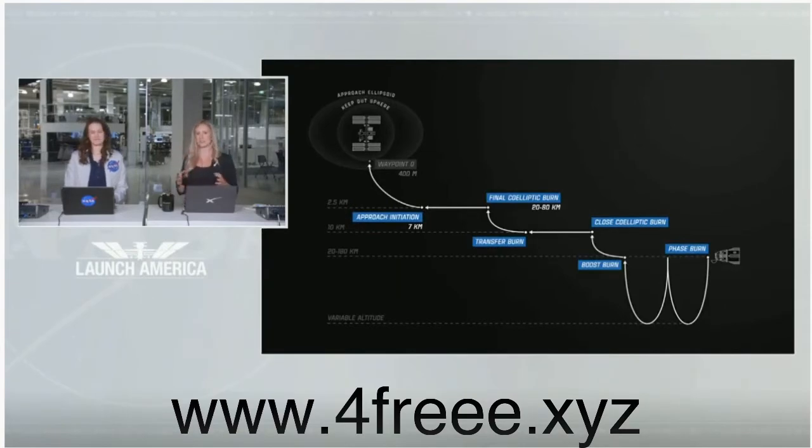Now this is really exciting because when we get into those integrated operations, we transfer control from Mission Control Center here in Hawthorne over to Houston. So those teams will transition to integrated operations roughly 45 minutes prior to approach initiation. Yeah, and so during that approach, SpaceX flight controllers will work in tandem with the NASA team in Houston, as you mentioned,